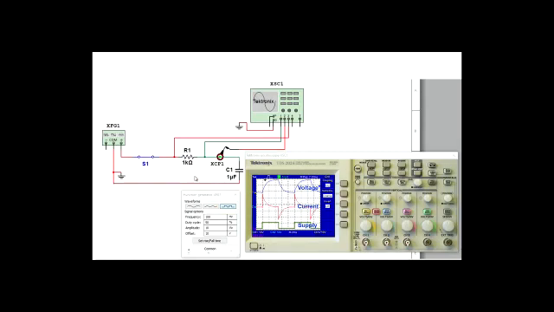So what happens here? I just built a circuit that consists of an AC source or function generator. There's a resistor just to provide some current limitation. And then we have a capacitor. And I basically turn the whole thing on and I connect an oscilloscope. So on the bottom graph here,